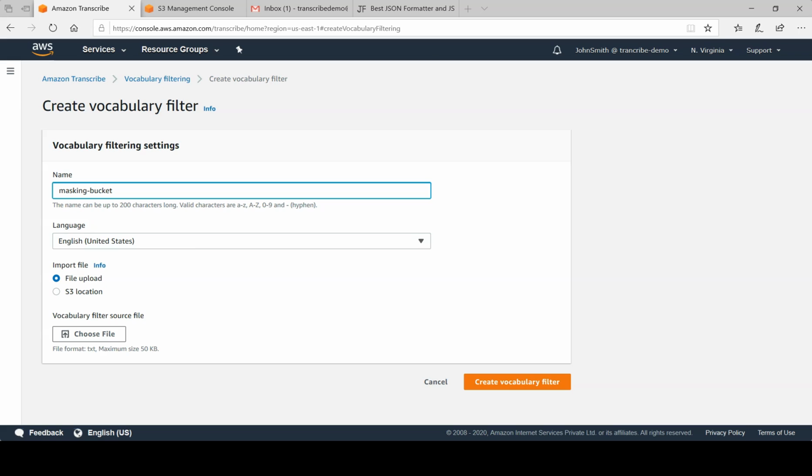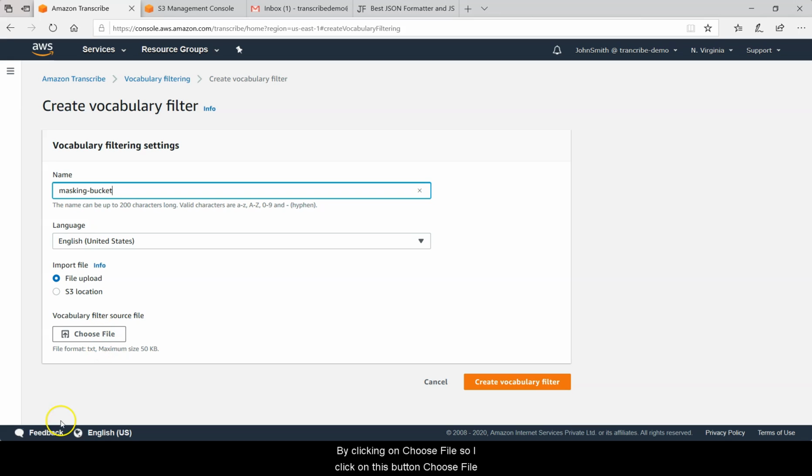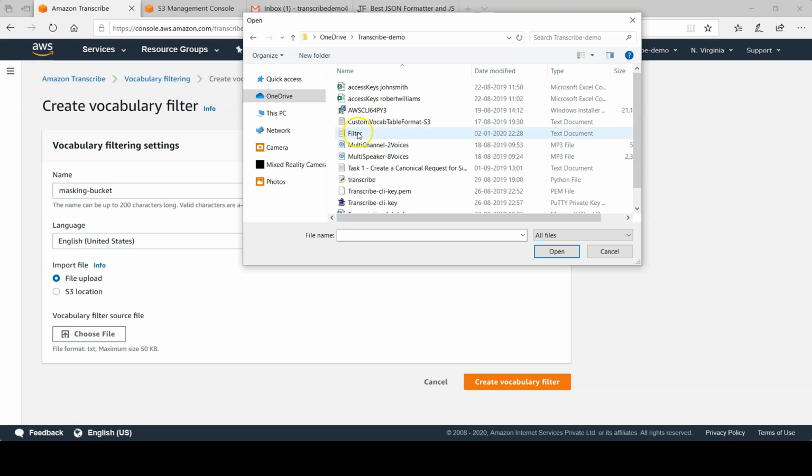Let me show you. So this is the notepad file that I have created. It has the required word bucket written in it, which will be removed, and instead of removing we will mask it with 3 stars. So we are going to specify this particular vocabulary filter here, and I'm going to upload this file from the console now by clicking on choose file. So I click on this button choose file, and I will locate the filter file, this one, and click on open,